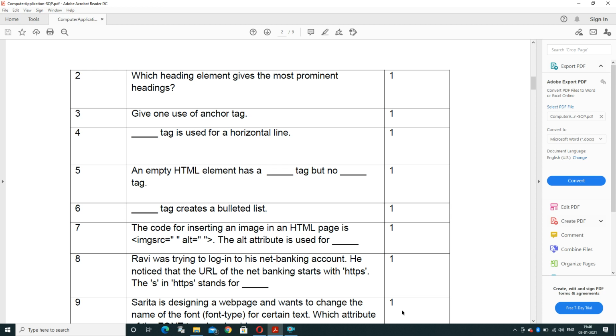Next question, the code for inserting an image in an HTML page is img src equal to blank, alt equal to dash. The alt attribute is used for alternate text. So the answer will be the alt attribute is used for writing the alternate text. What is alternate text? If the image is not visible, in that case that particular text message will be visible.